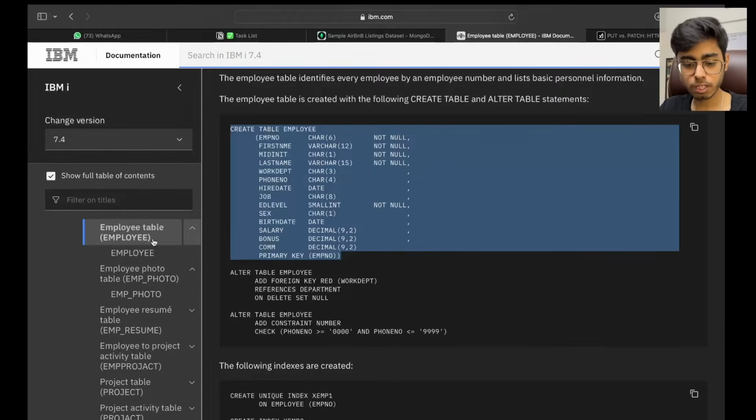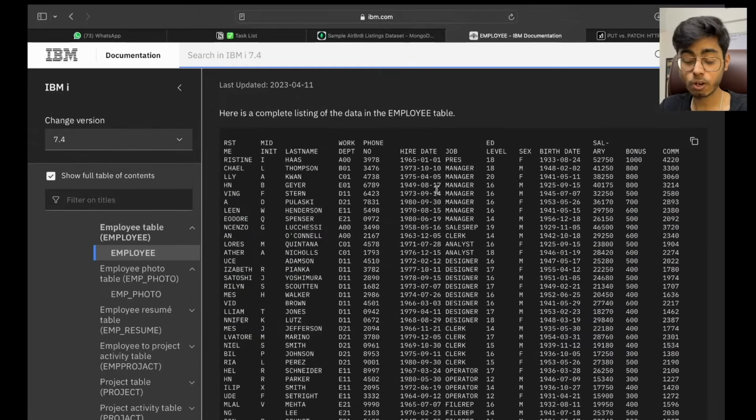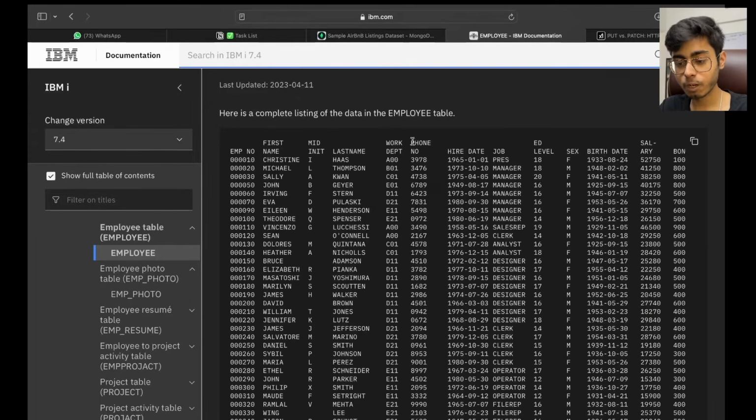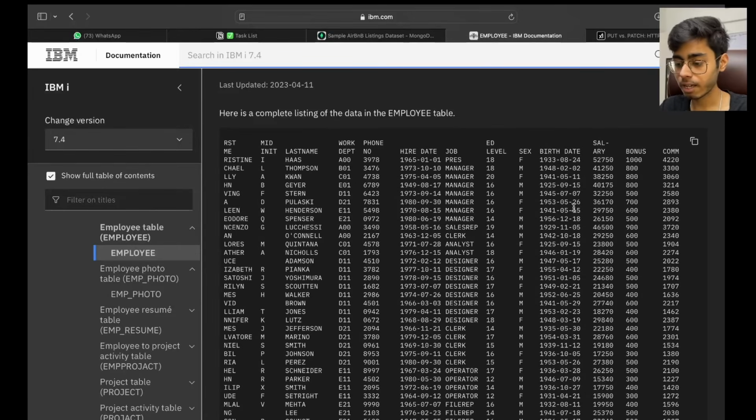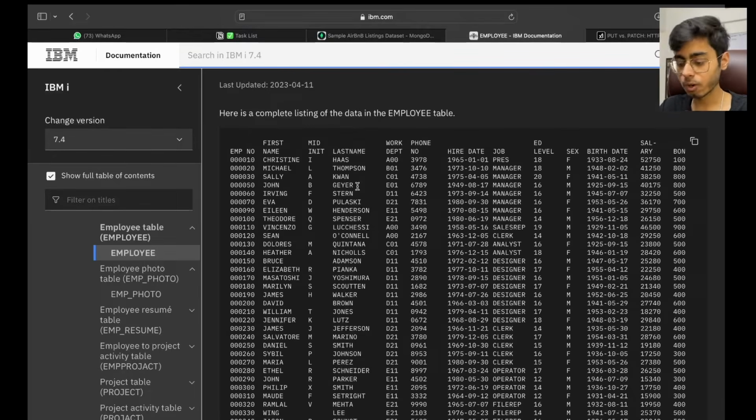But if I show you the employee database, it is a table of employees, and every row defines one data point, that means one employee, and every employee has this information. Awesome. So I hope you understood the difference between SQL and NoSQL, that is relational and non-relational databases.